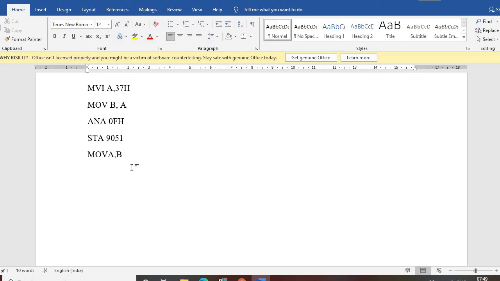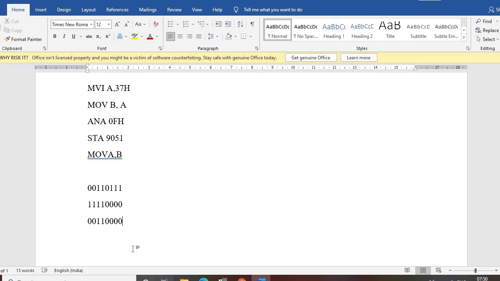Look here, 37 means 0011 0111, and now I need this 3 part. We have to make this part 1 and this part 0. We have to mask the second part, so that my final value will come 0011. The 3 part will be there, but the 7 part will be masked.